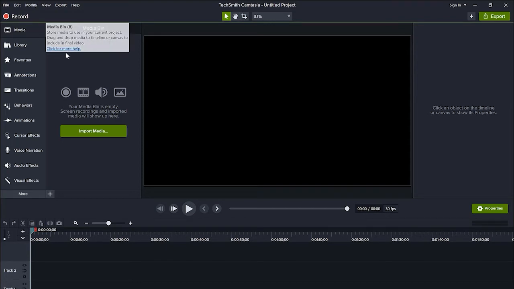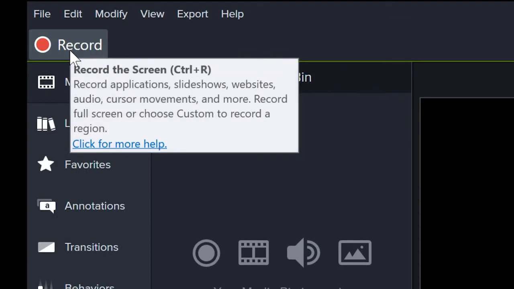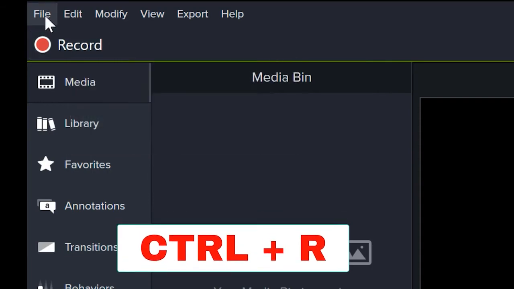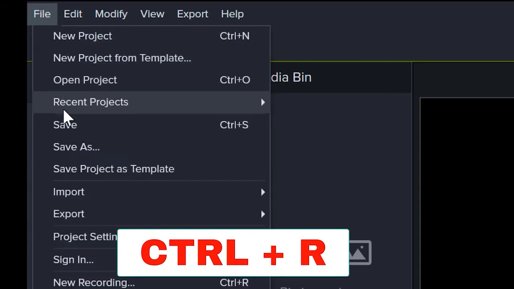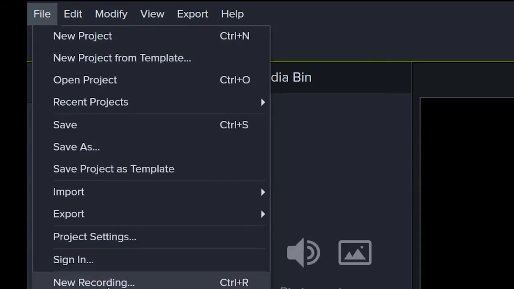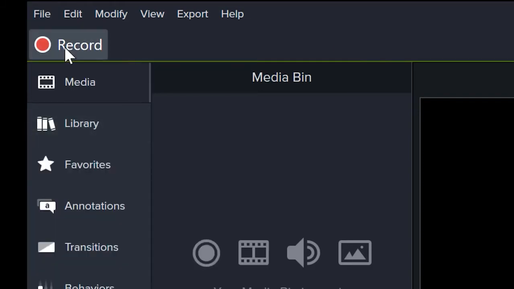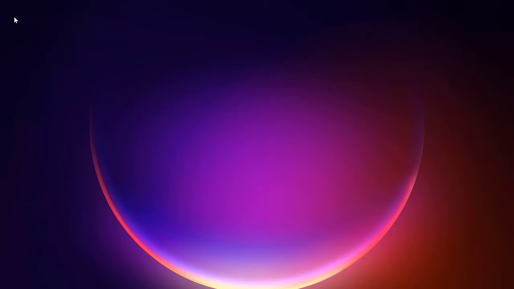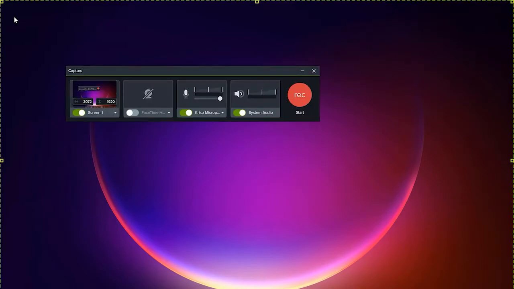So to record a video, you can come to the record icon over here and just click on record, or alternatively you can press Ctrl R to record, or you can come to File over here and start a new recording, and you can start recording immediately. So let's click on record to start recording, and once you click, you can see it minimized the entire Camtasia